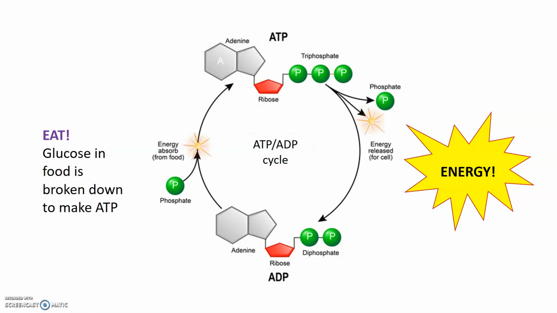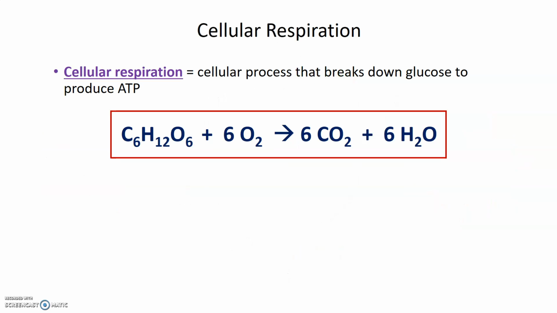First, you have to eat. You need glucose or sugar in food in order to make ATP. And that glucose is broken down. And in the process, phosphate groups can be added back to ADP using the energy absorbed from food to regenerate ATP. And we're going to talk about the process by which this happens in most of your cells, which is